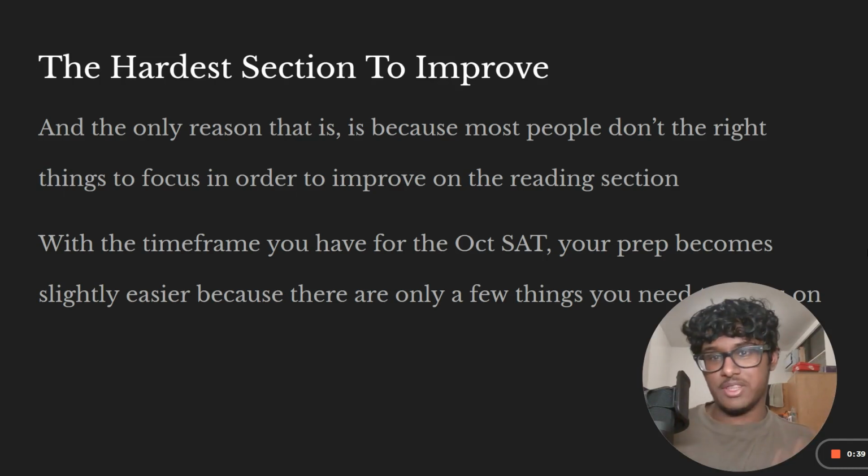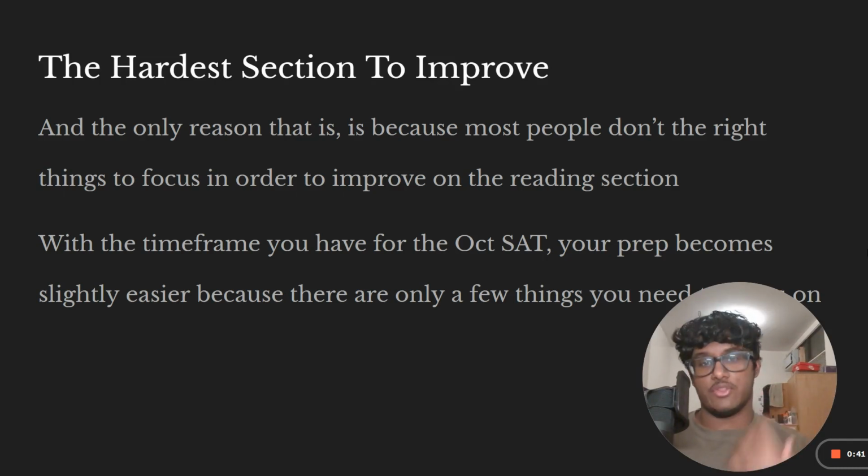Reading is arguably the hardest section to improve in, right? And the reason is that most people don't focus on the right things that are going to actually improve their score. They focus on different aspects of the reading section that aren't directly correlated to actually increasing your score. There's only one, or honestly a couple of things that you can really do to improve your reading score,